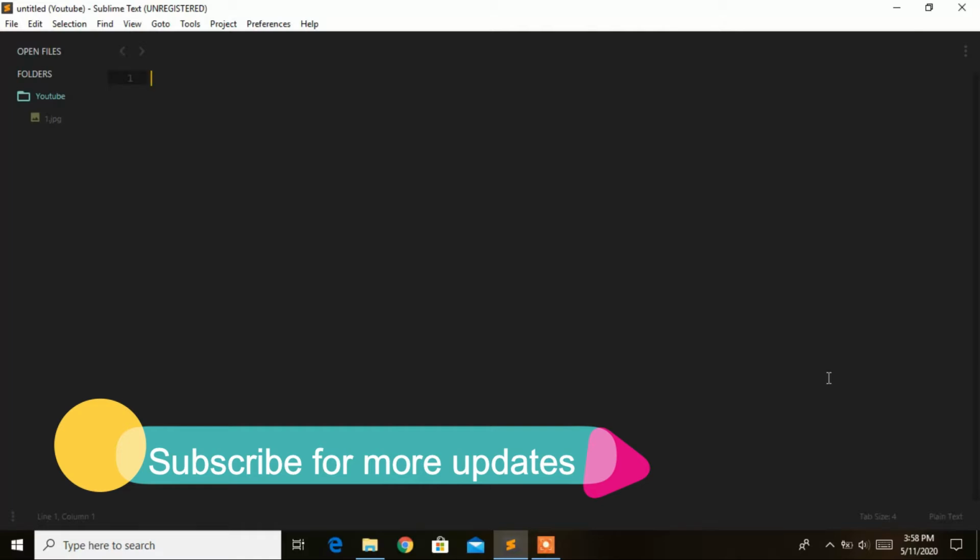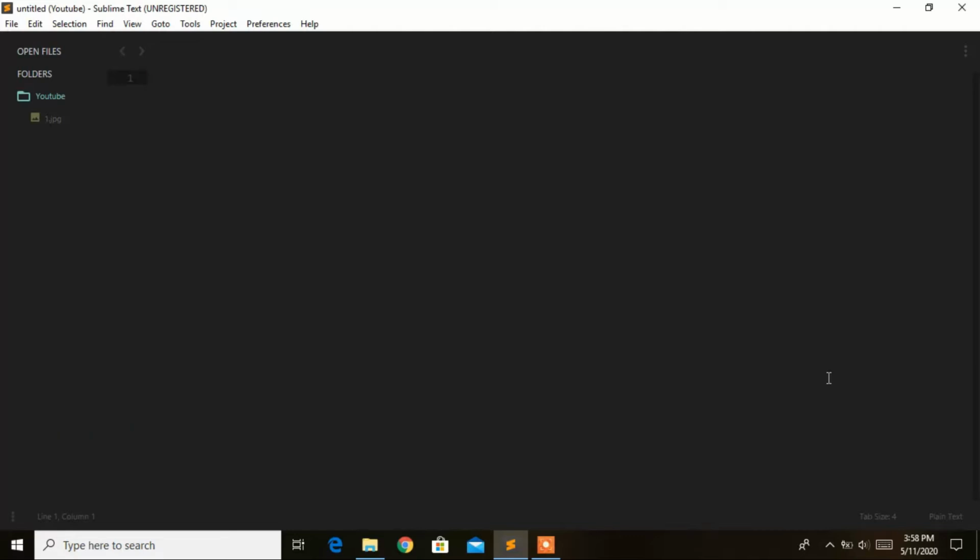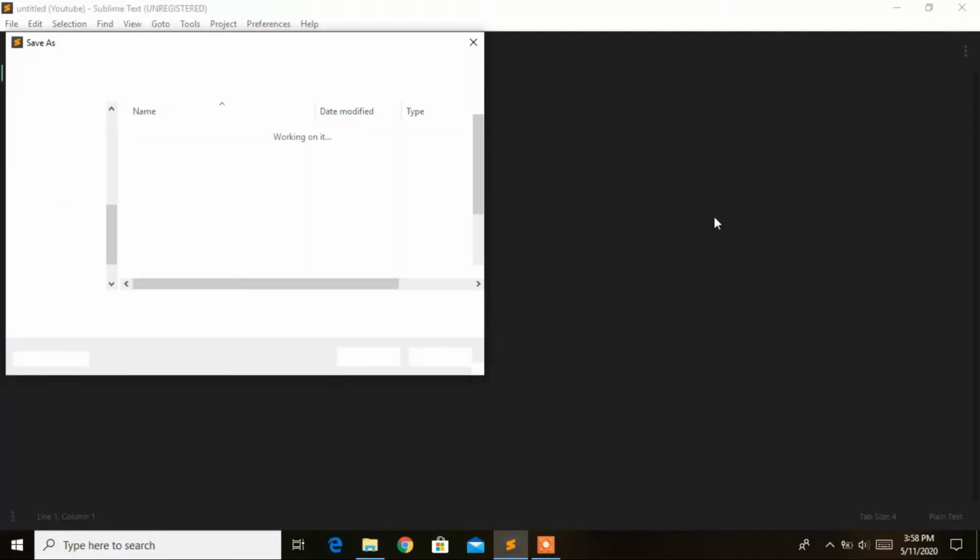So for this, you need to open any of your favorite text editors. I'm going to use Sublime Text, but you can use any of them. There are plenty of text editors like Visual Studio Code, Notepad++, Sublime Text. So after opening Sublime Text, create a new file, and we are going to save it as